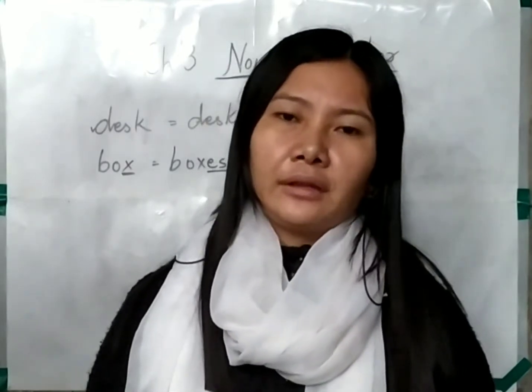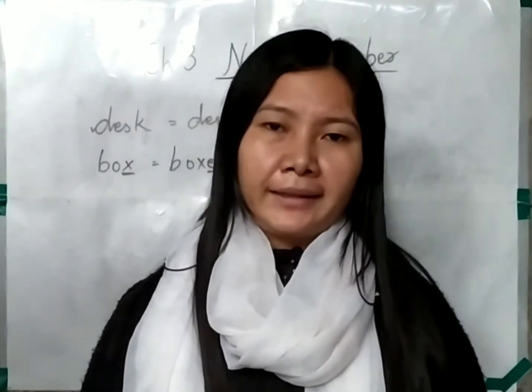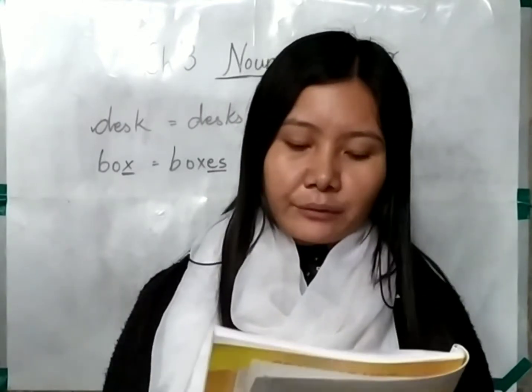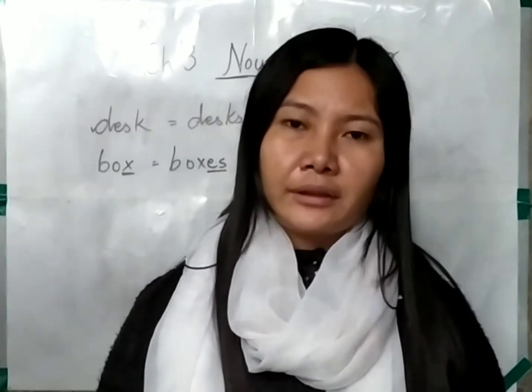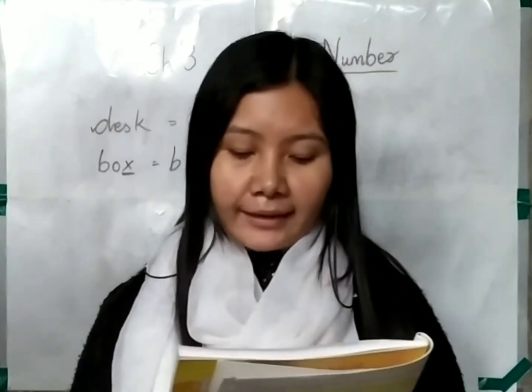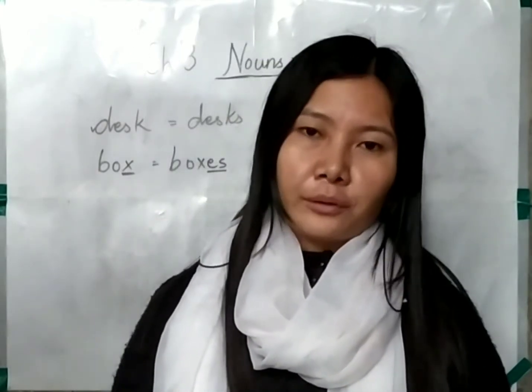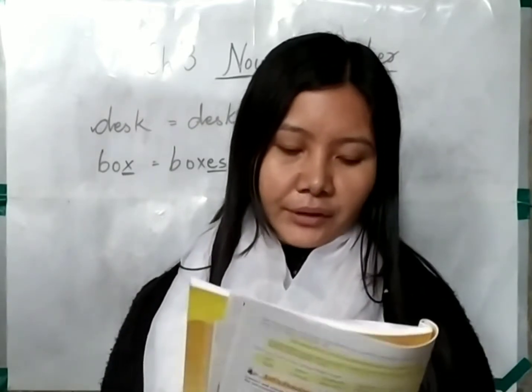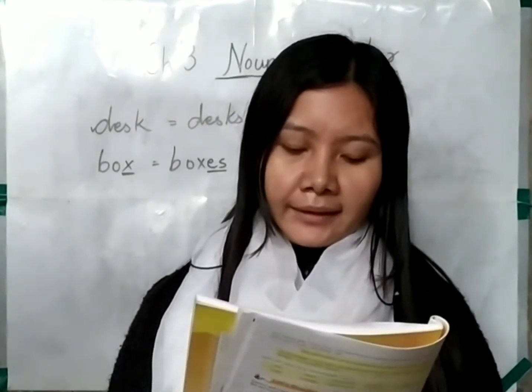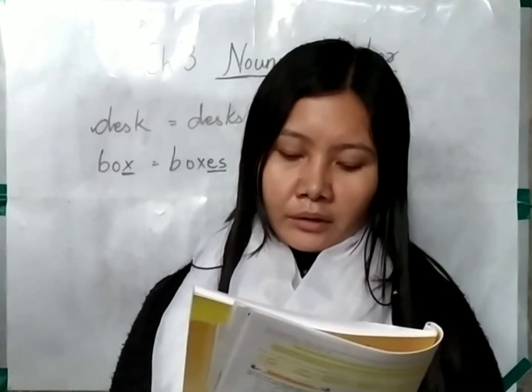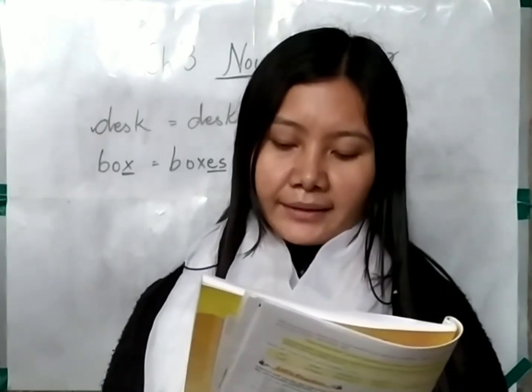Now over here what the book is telling us, the first rule told us that most of the singular nouns form their plural simply by adding s. And the second rule that we read was that if a singular noun is ending in s, double s, ch, sh, o, or x, we need to add es in order to form their plurals. Now let's read the third rule. Some nouns end in a consonant plus y. We change y to i and add es to make their plural.